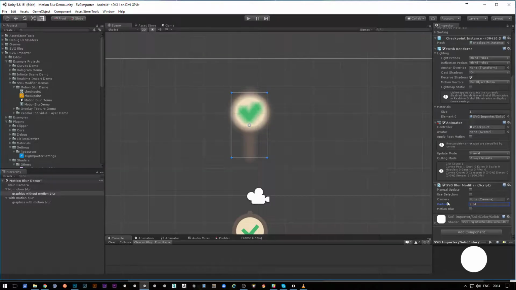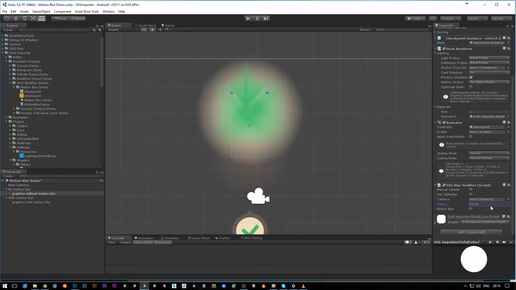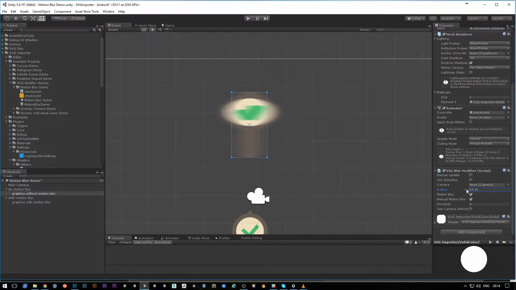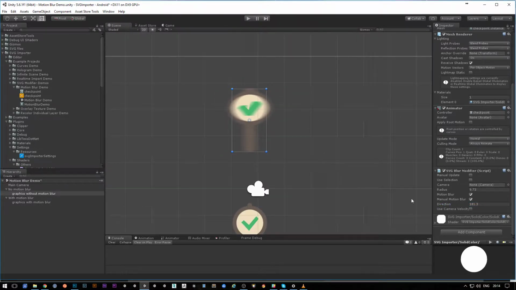But be aware that when you use a really large radius on that blur, it can result in some artifacts. And when you want to use some directional blur, you can enable motion blur, and now you can specify the direction of the blur, which is useful especially during animation. And when you want to use automatic direction based on the position of the camera or based on the motion of the object, you can use automatic motion blur. And now, as you can see, it's calculated in real time,